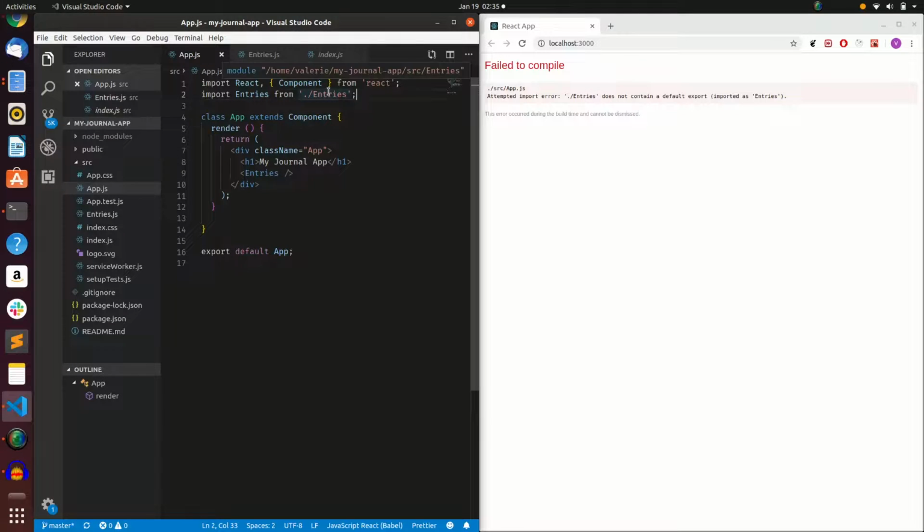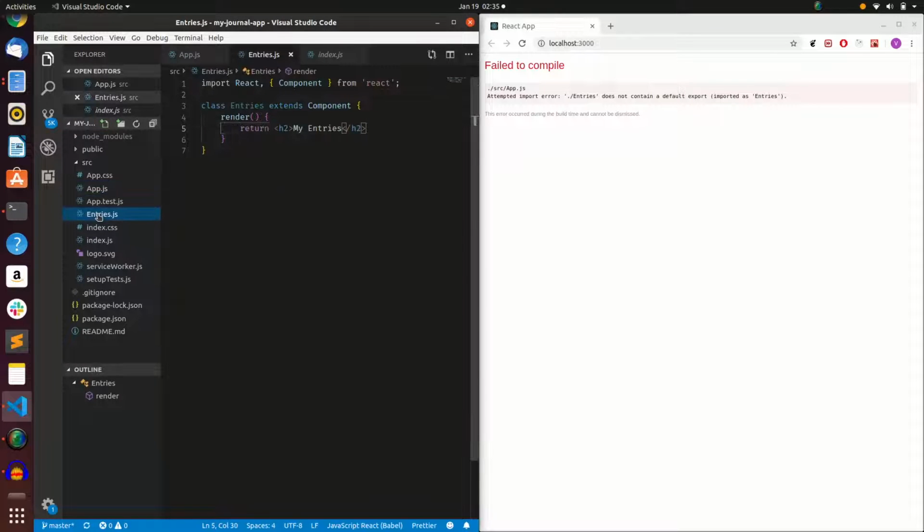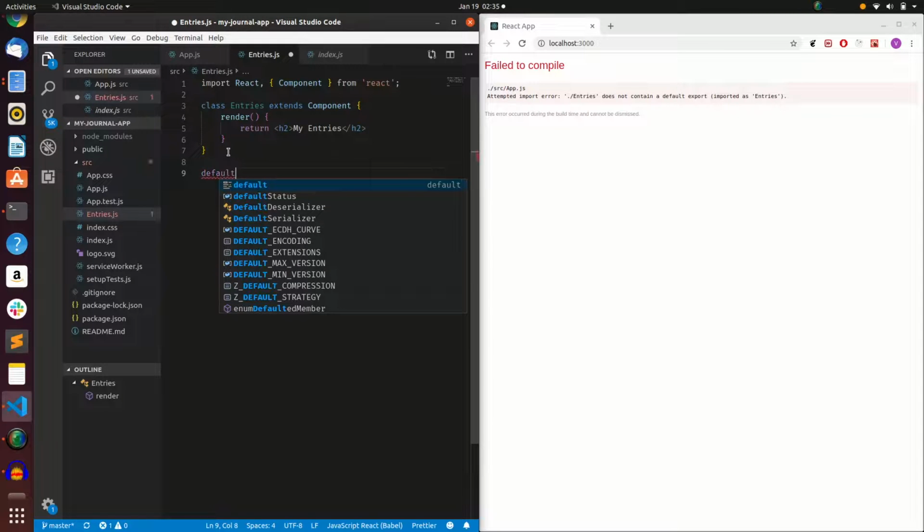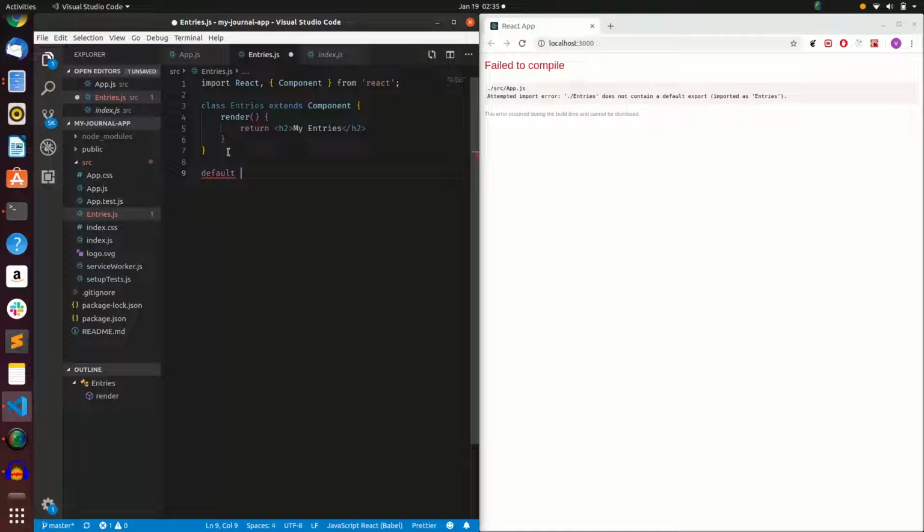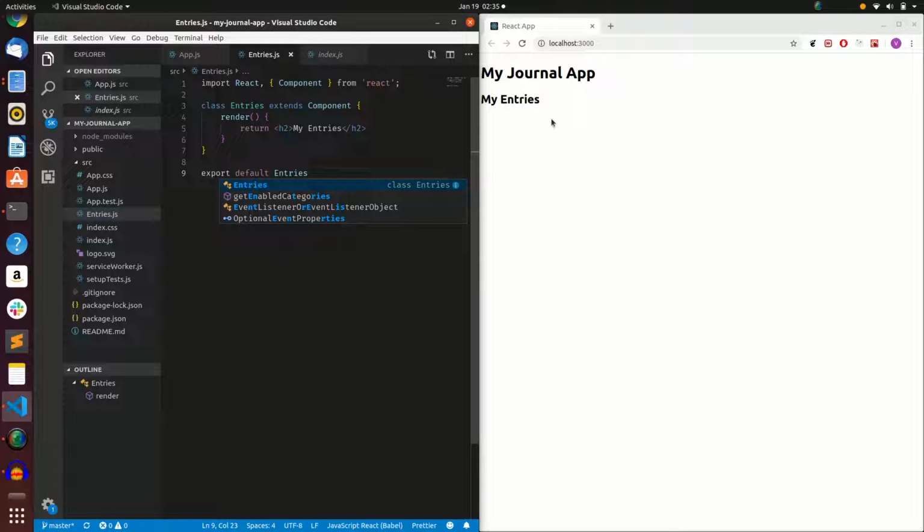Now, that error goes away because we've defined entries, but now we have another error stating that entries does not contain a default export. We've imported entries into our main app component, but we haven't exported it from anywhere, so it can't be accessed by anything outside of itself. So we can go back into our entries component, and we can just add a line down here, export default entries. And once we do that, our error goes away,